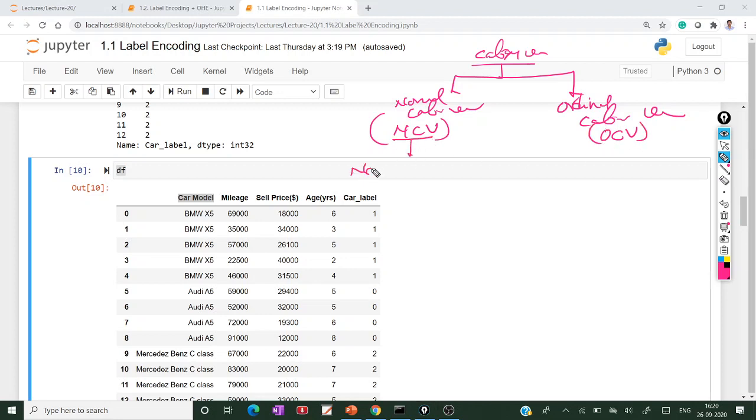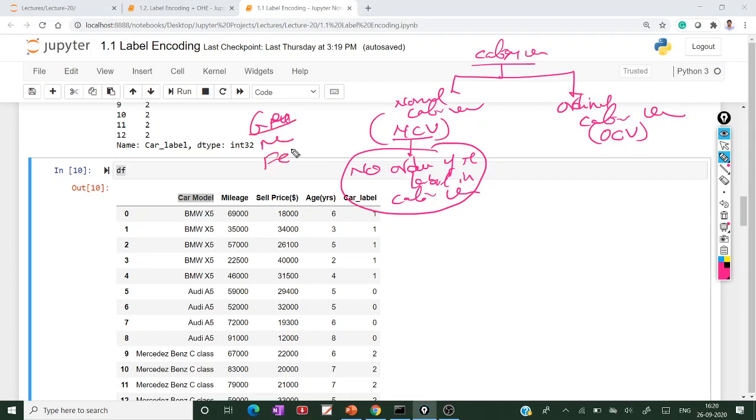Nominal means there is no order of the labels in the categorical variable. For example, gender: male, female, there is no order. Another example is a state column: Tamil Nadu, Andhra Pradesh, Telangana, Madhya Pradesh, Delhi. There is no order. So these categorical features are the nominal categorical features.